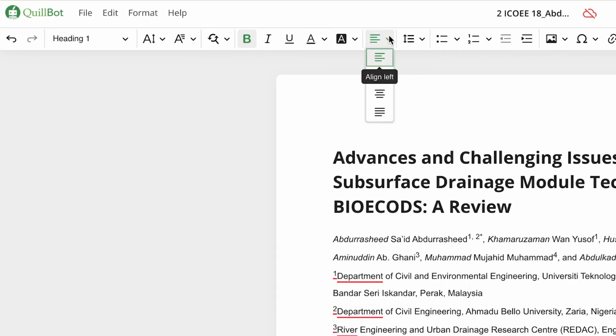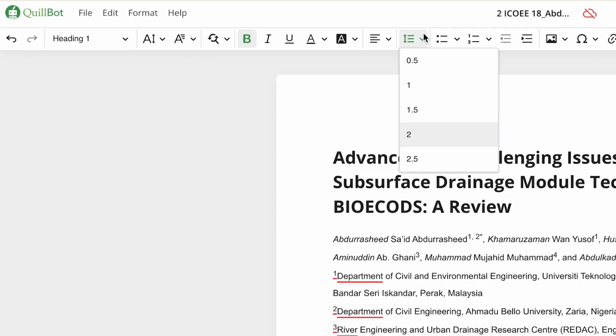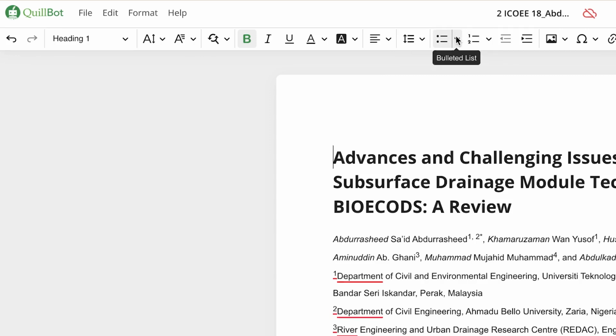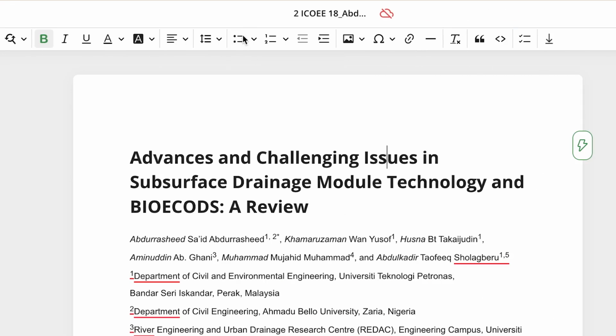You can put in all sorts of alignment. You can do justifications as you so wish, and you can add line numbers also if you want. Just like in a normal Microsoft Word document, you can have bulleted points. If you want different kinds of bullets, including numbers, you can put in different kinds of numbers. Roman numerals, you can equally input. And you can indent the text as you select it.